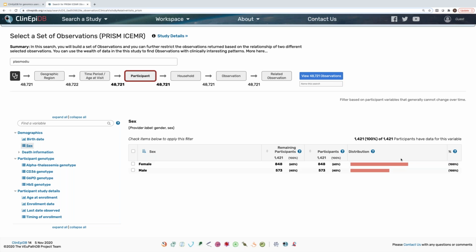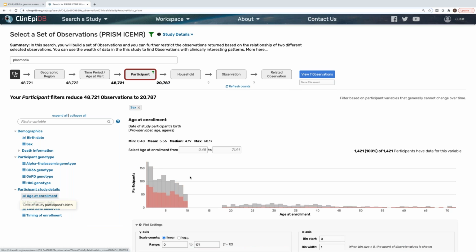That's represented graphically here in this sideways bar chart. So you might wonder, why are there more females than males in this study? Is there something specific about these different study regions where the sex ratio is so skewed, or is it for some other reason? If we select male and go back to age at enrollment, what we can see is